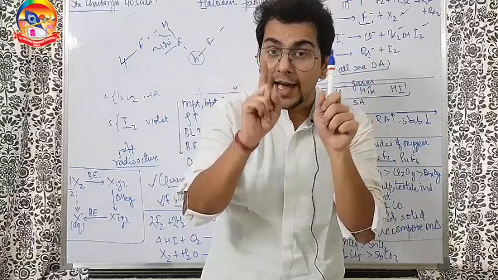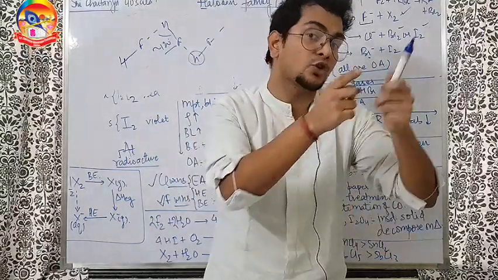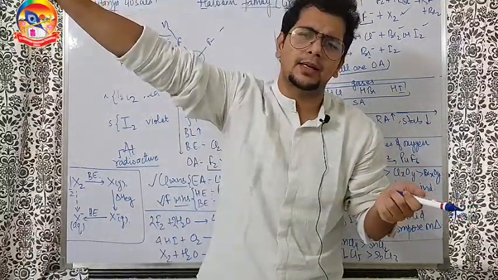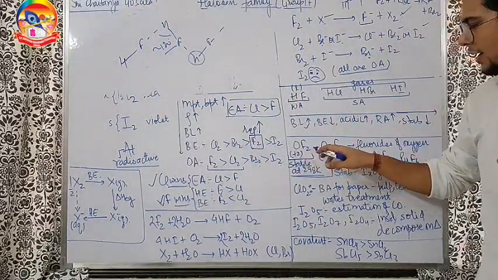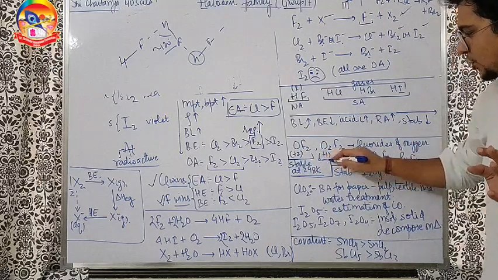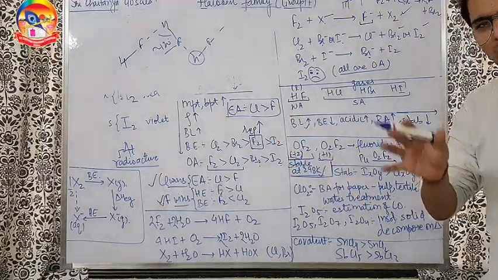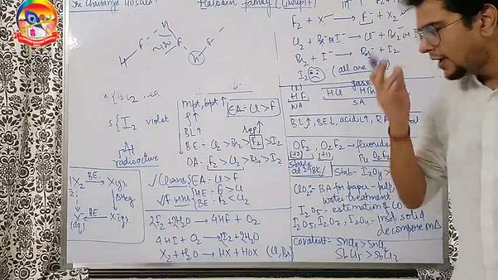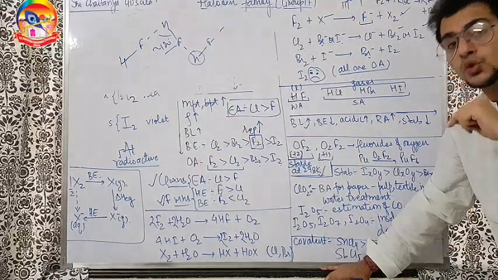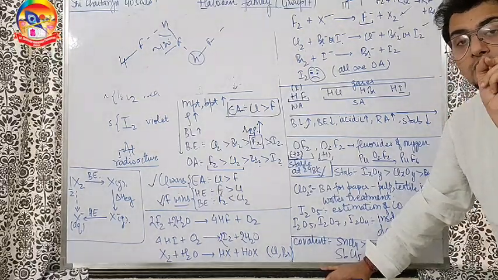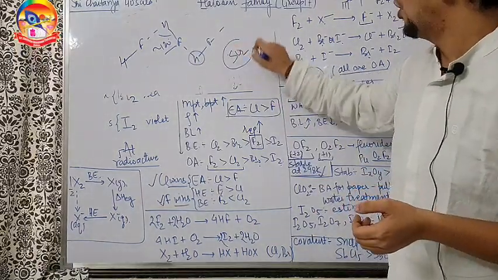So oxygen can never show a positive oxidation state except with fluorine. That means with fluorine he will show a positive oxidation state, and with any other element in the world he will show a negative oxidation state. So only two compounds of oxygen you must know, OF2 and O2F2, where oxygen is showing +1 and +2 oxidation states, out of which OF2 is stable at 298 Kelvin, that is room temperature. O2F2 is highly unstable. So whosoever is the more electronegative atom gets a negative partial charge, and with his name we use ide. So for example, if I say SO2, it's oxide of sulfur.